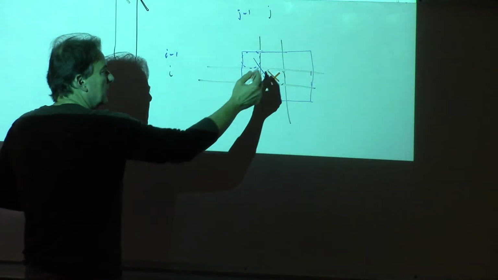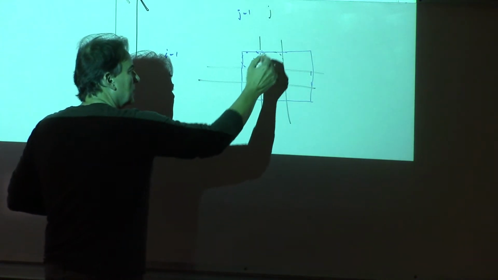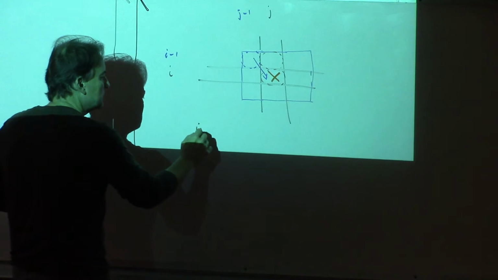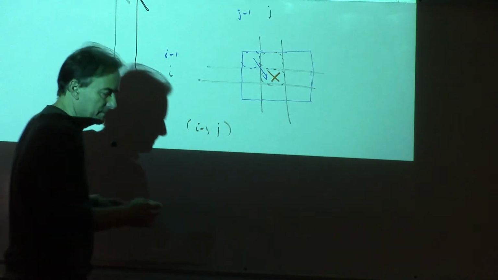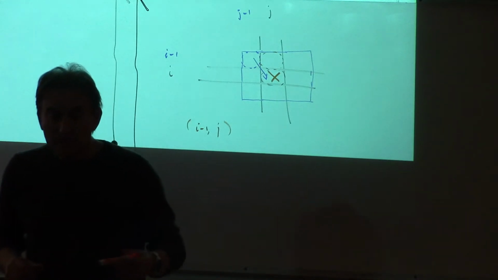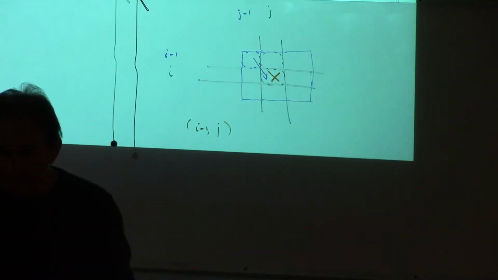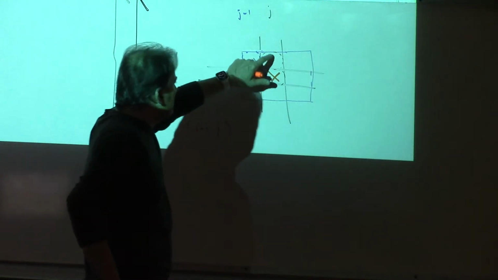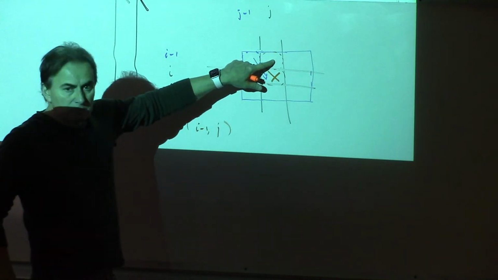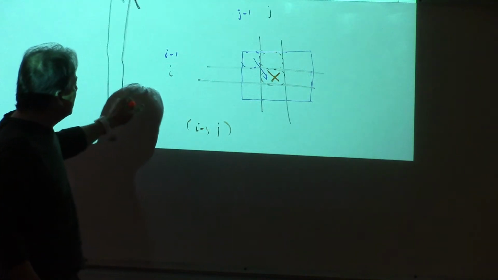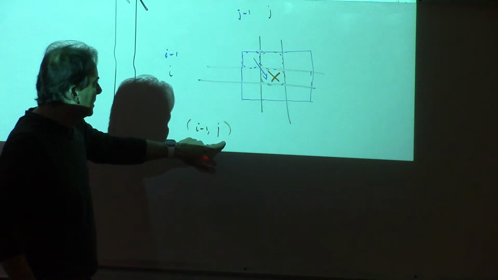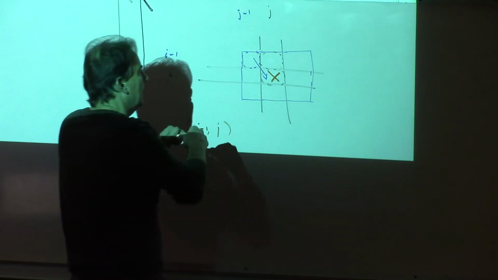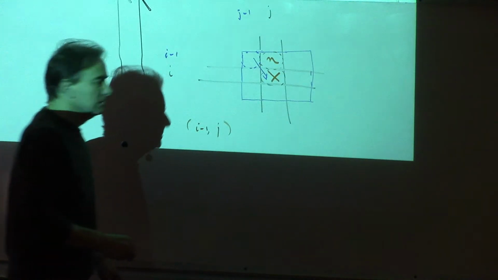So, if I look at this cell, this is a cell which is i minus 1 and j. It's possible that the i minus 1 character in x and the j character in y do match, and that should be counted towards the LCS. It's possible. And if it is, then this number is going to reflect that match. So therefore, if i minus 1, j has a value of, I'm going to say just generally, n,